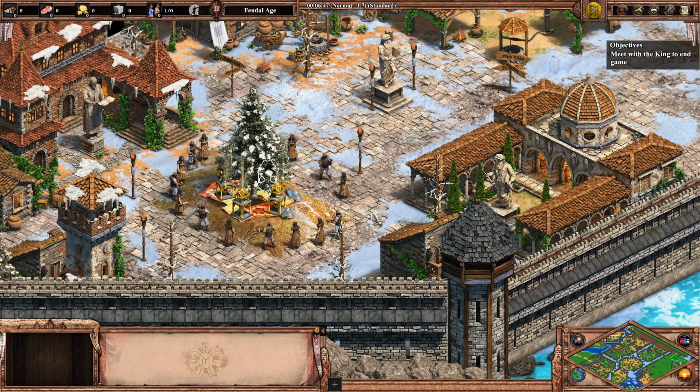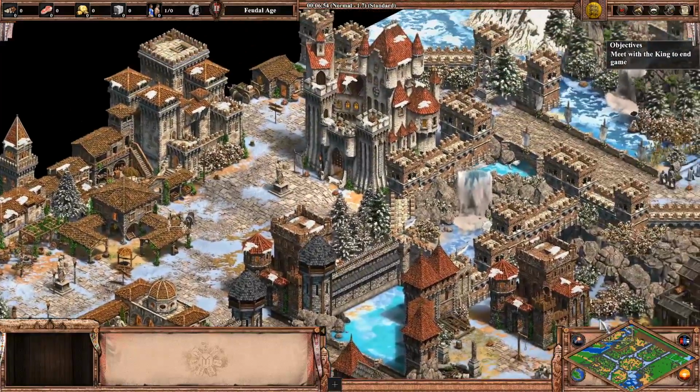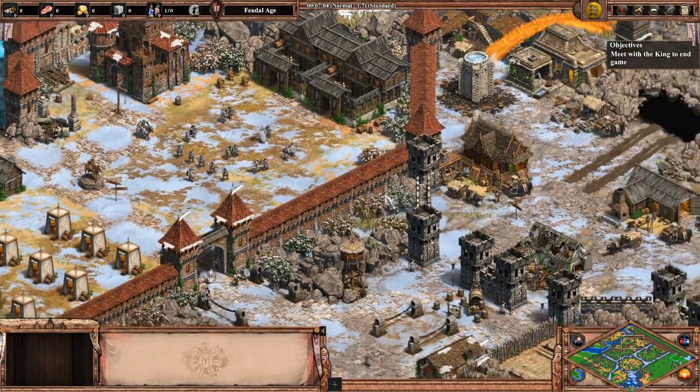Presents around the tree. Winter Wonderland, of course. It's a good fit to the theme, and yeah, all over the place. Lots of stuff happening here. Training ground, and